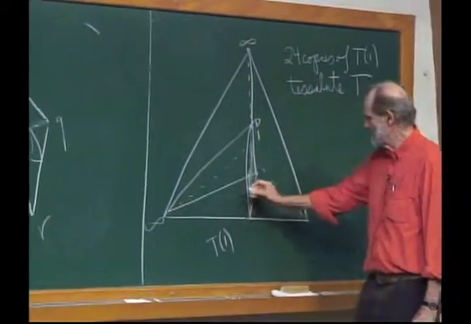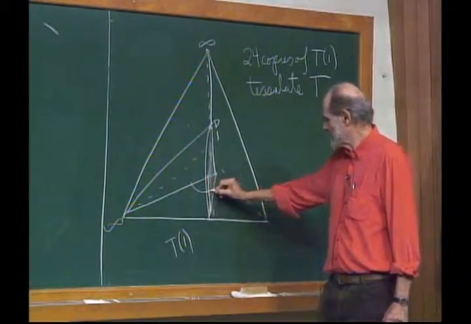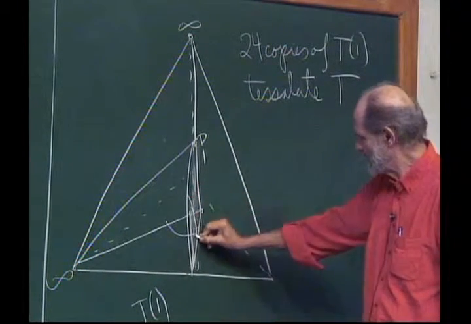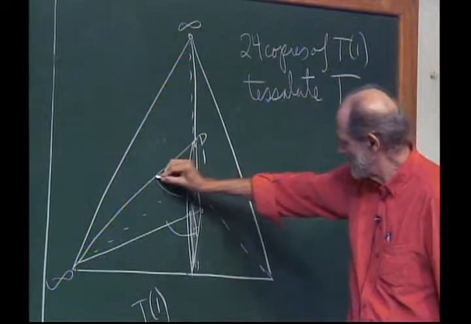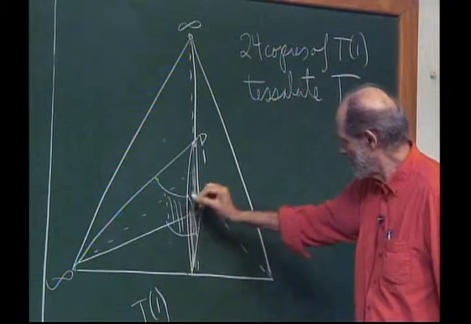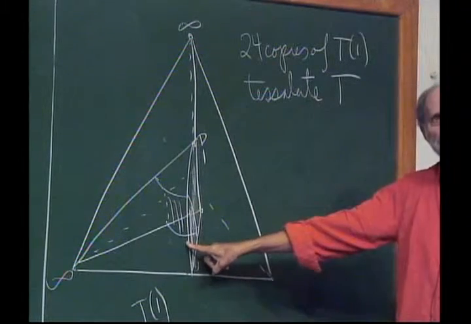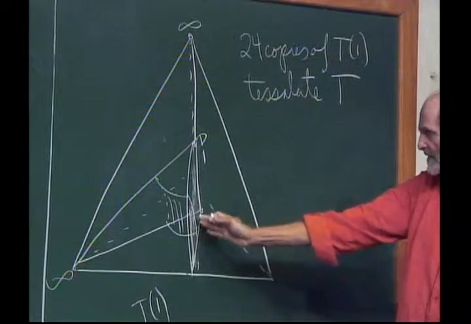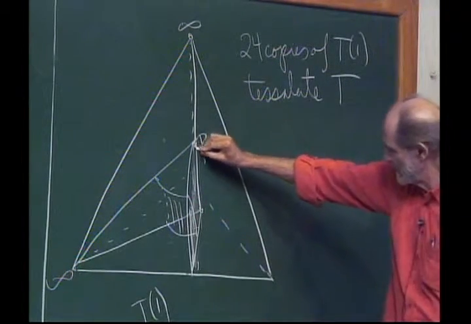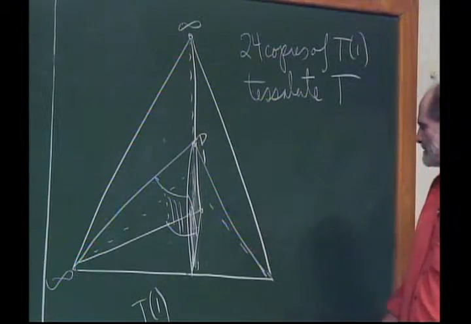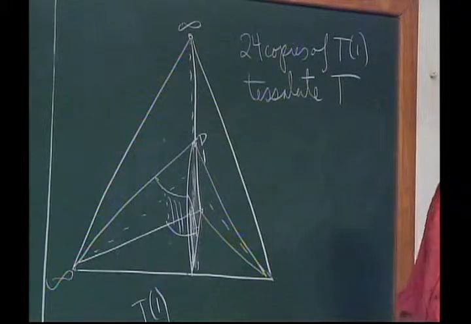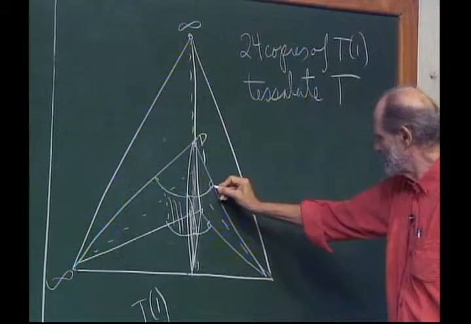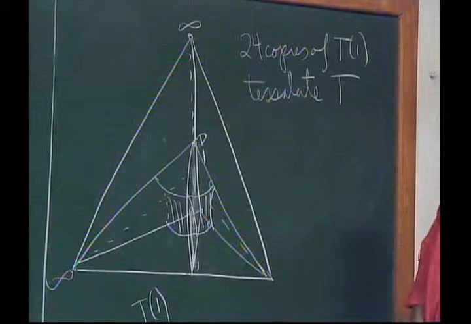So I have an embedded minimal disk here, which doesn't pass through infinity. It intersects this face in the bottom orthogonal here. It comes up here like this, comes here, comes here. I have that embedded minimal disk in T1. Now I look at this face here of T1, and I do the orthogonal reflection through this face. This disk goes to this tetrahedron here. This continues orthogonally here. This continues orthogonally here. Keep on going,